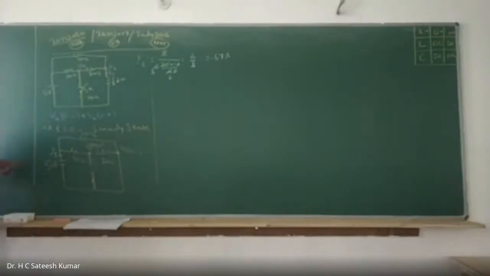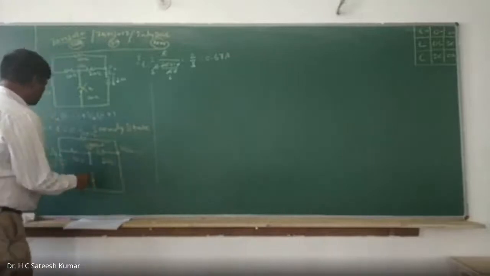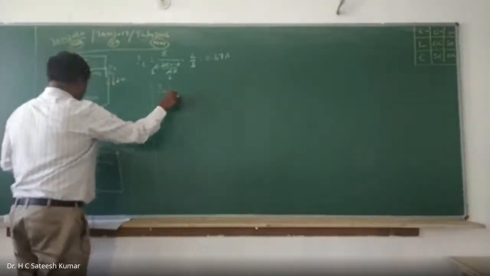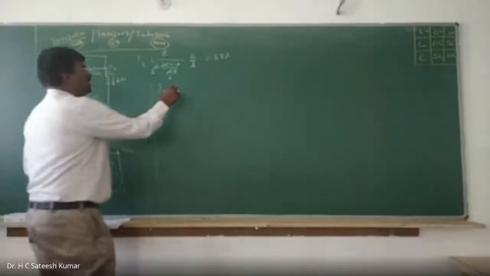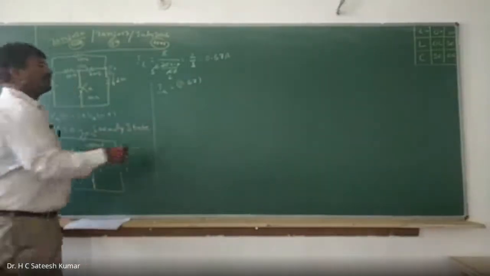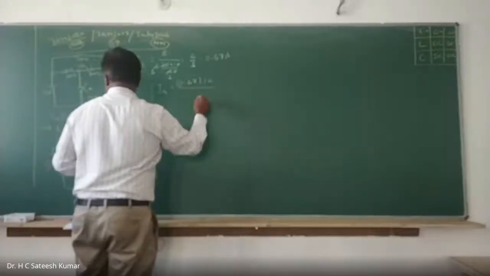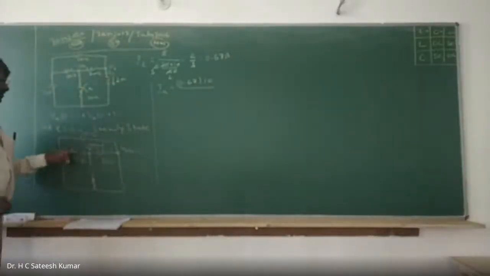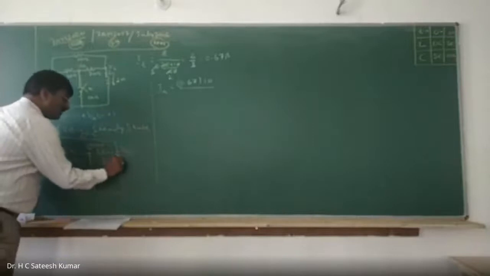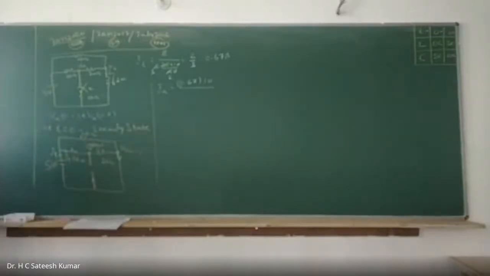Now you find out the branch current. This total current we got. Branch current, let us call it IA. What is IA? IA is equal to total current, 0.67, into the resistance in the other branch, 10, divided by the total resistance, which is combined together, 20 plus 10 plus 10. This is open circuit, so no current will flow. Only 2 branches we have, and combined together, current will flow here. So this is your IA only.